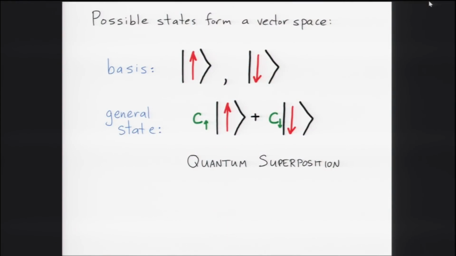And then, of course, the fundamental thing in quantum mechanics is that the set of possible states of that quantum system is a vector space. So you have basis states, and if I want to write the general state, I just take a linear superposition of these things. Okay, so this is the core property of quantum mechanics, that you have quantum superposition, that your states are in a vector space. Okay, so entanglement comes about when we think about systems that have more than one part.